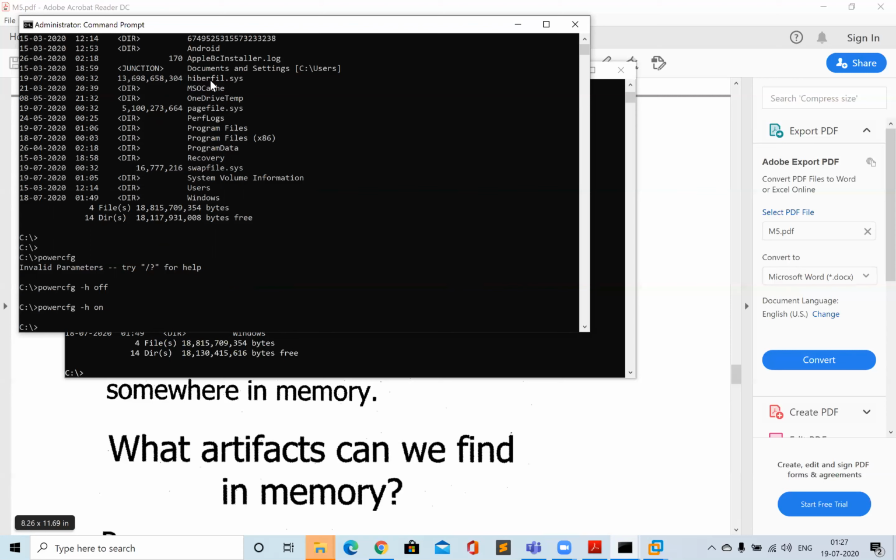Now I want to ask you a question. The hiberfil.sys is created, and when you turn on the system next time, how does the computer know that it needs to put the hiberfil.sys content into the RAM memory?